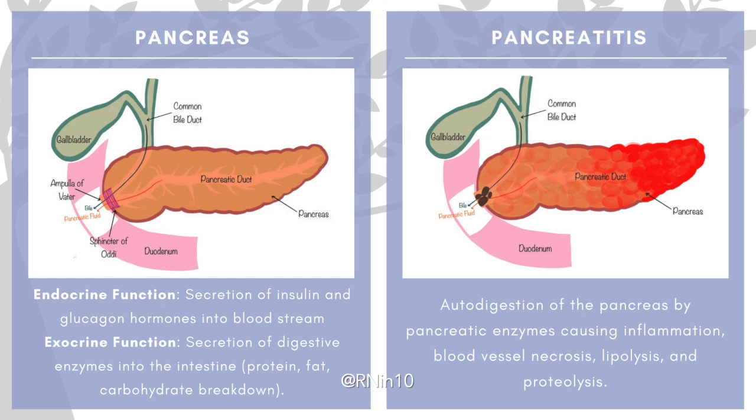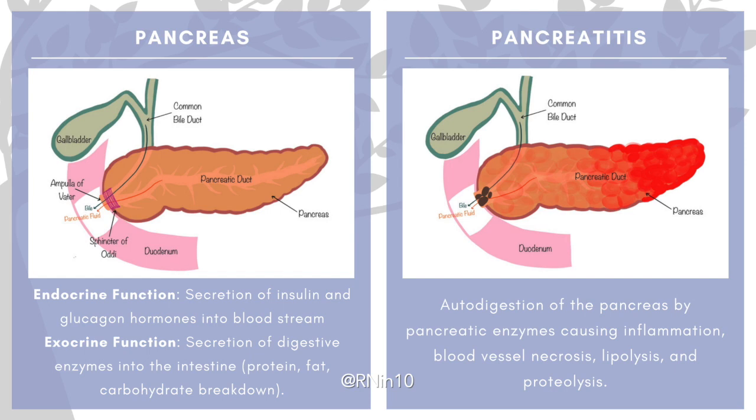stomach. You can see that the common bile duct of the gallbladder goes through the head of the pancreas and merges with the pancreatic duct. Where they merge is called the sphincter of Oddi, and where they attach to the duodenum is called the ampulla of Vater. This connection is where bile is released into the intestines from the gallbladder and where pancreatic enzymes are